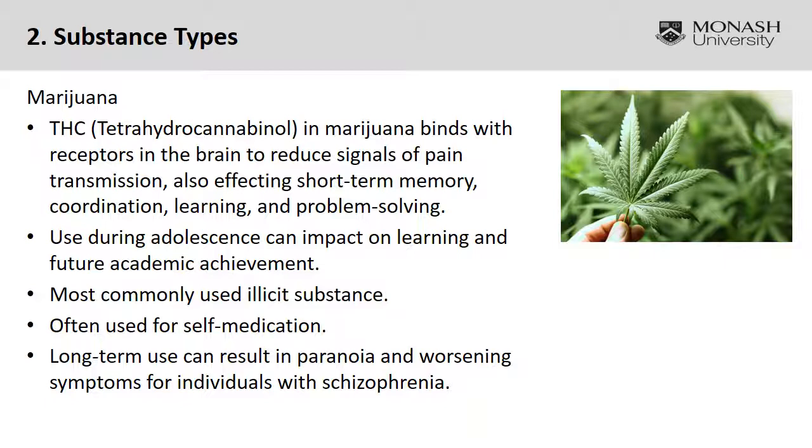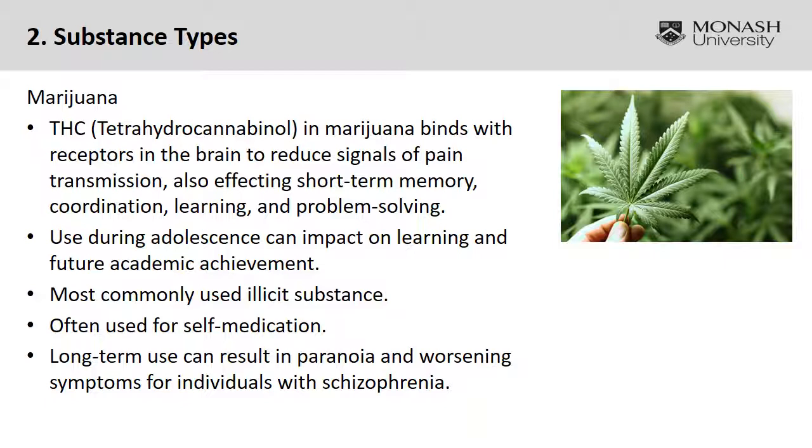Withdrawal effects are not particularly severe, but some people do report symptoms of anxiety and paranoia. It's often used in adolescence, and during that time, of course, when people are focused on learning and academic achievement, it can really impact